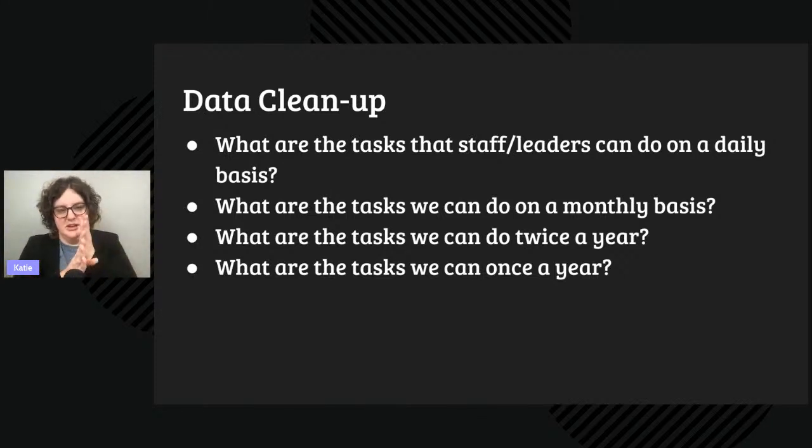So once you're at a good spot in your data maintenance and you're like, okay, we've gotten rid of the 1,000 duplicate records, we've merged them or ignored them, whichever was appropriate. We have updated our membership types, our custom fields, our groups are accurate now. Now let's move into maintenance mode.